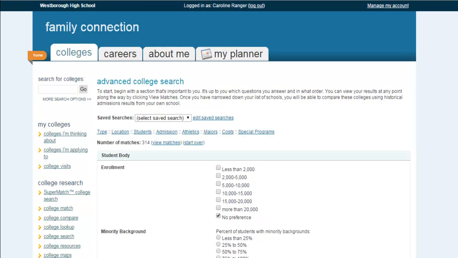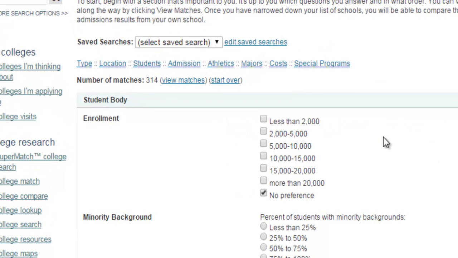So moving forward with the search, this page is where we're going to select how big or how small we might be interested in a school being. Let's say you're interested in going to a smaller school as opposed to a larger school. You may be really interested in really small schools, but I would also recommend that you check one more box